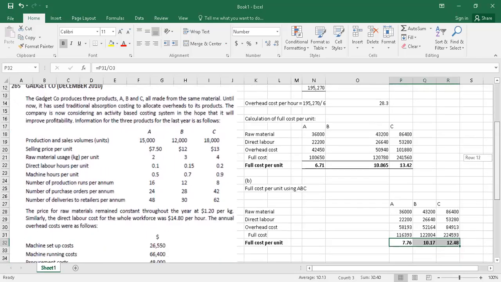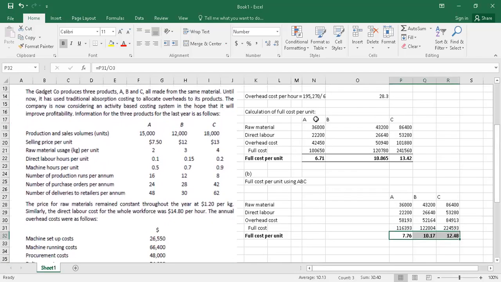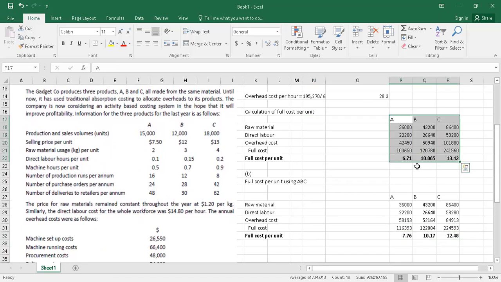See, from the calculation just now, when we compare these things also, we can see that there is a difference here. For A, under traditional costing, it is 6.71. Here it is 7.76. Here it is 10.06. It's 10.17, 13.42, and 12.48. We see that the cost per unit for all three products are different. See, we do not see any matching of the cost per unit under both these methods. See, some of them, the cost is